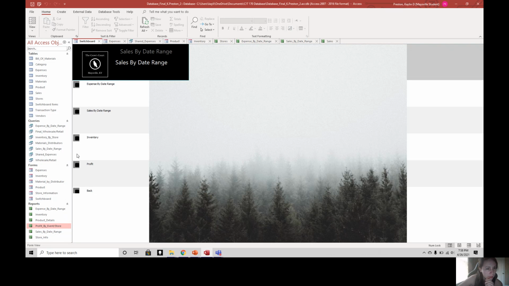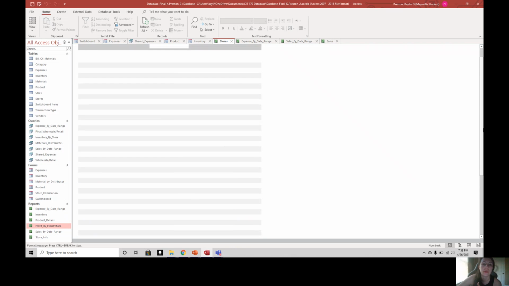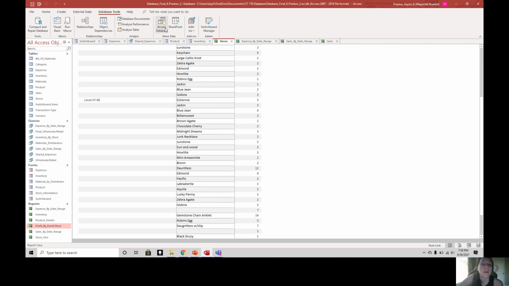We can also see inventory, which is nice. So I could print this out and have Willie go over to Local 68 and maybe with a pen just go through and change all these, and then we can come back to the database and actually update this. So if we take a look at our